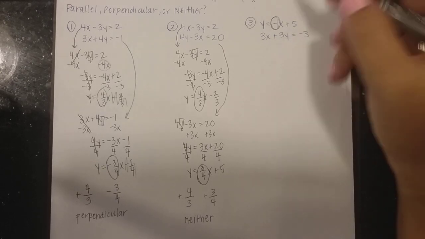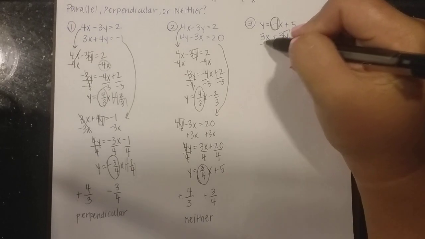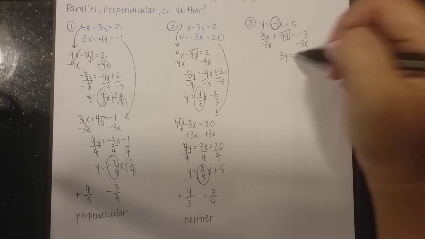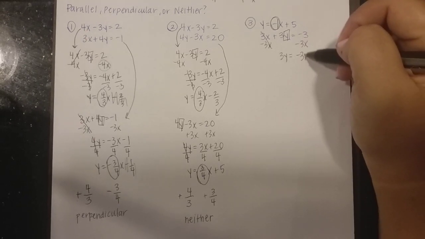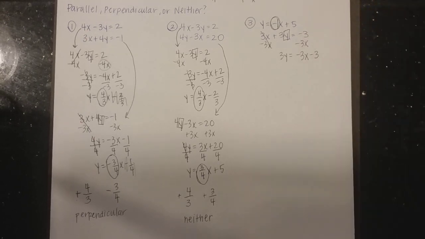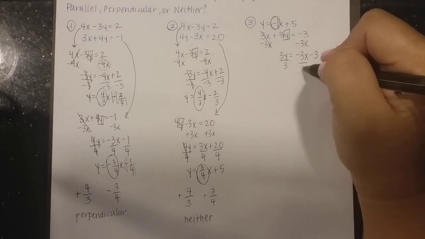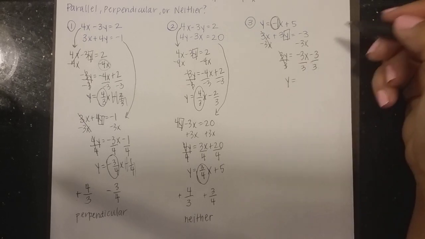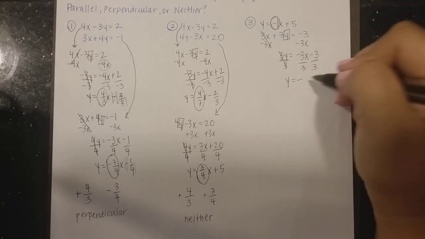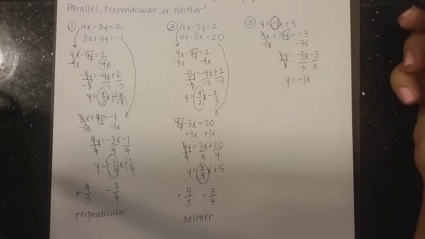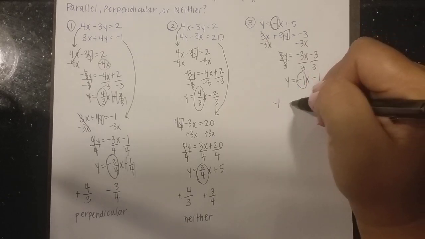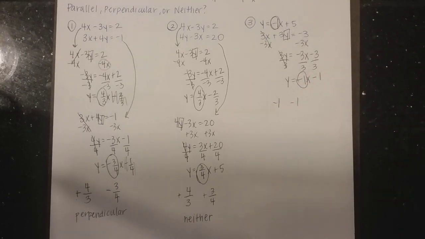And now I'm going to solve this one for y. So I'm going to get that one by itself. So I'm going to start by getting rid of the 3x out front by subtracting. So we got 3y equals, I'm going to put my -3x first, then my -3. And then I got to divide everything by 3. So we've got y equals -3 divided by 3 is a -1, right? Which I could write, or I don't have to put the 1 in there. -3 divided by 3 is a -1. Okay, so I do have two slopes of -1, but before we call it parallel, if I have the same